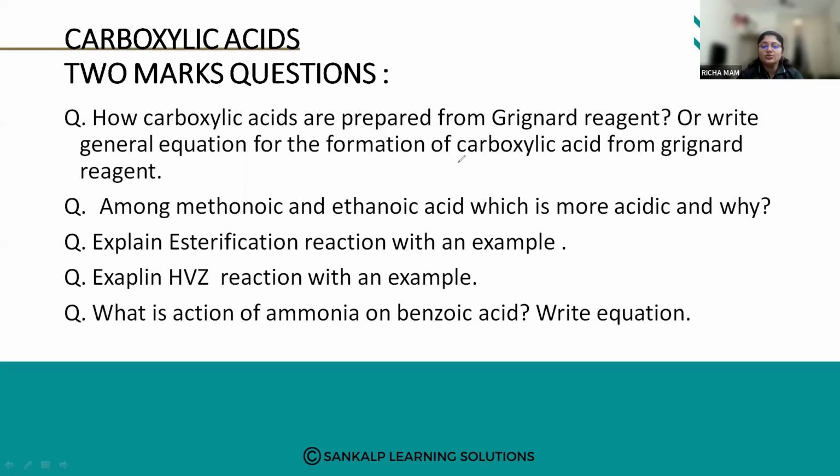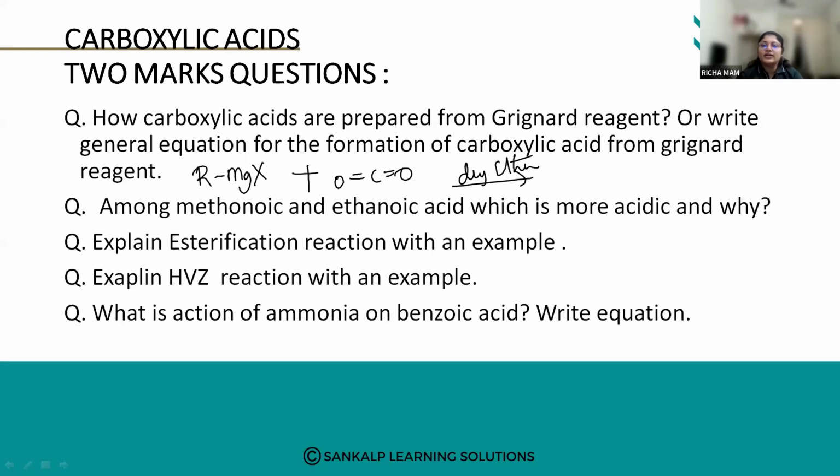Grignard reagent reacts with carbon dioxide and forms the salt of carboxylic acid. This salt, on acidification, gives the carboxylic acid. So RMgX, your Grignard reagent, reacts with carbon dioxide in the presence of dry ether, and it forms